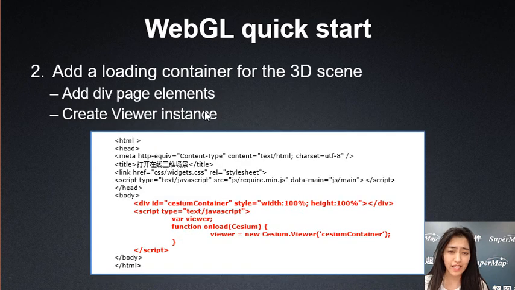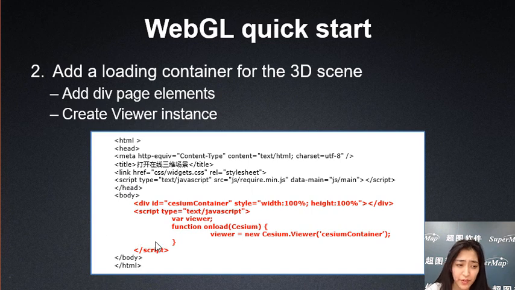Okay, and then you should give it an ID by using the div. So you should add the loading container for the 3D scene. The first step is to add the div element, give it the ID, and give it some styles like width 100% and height 100%,